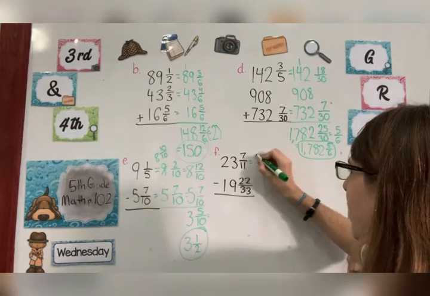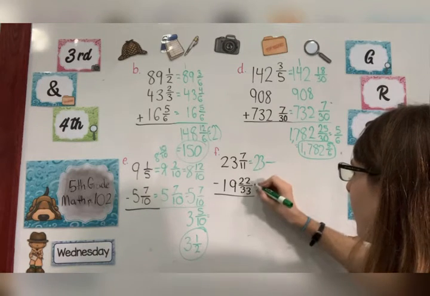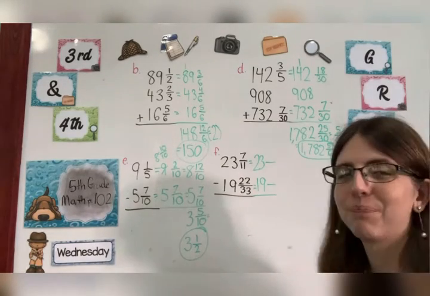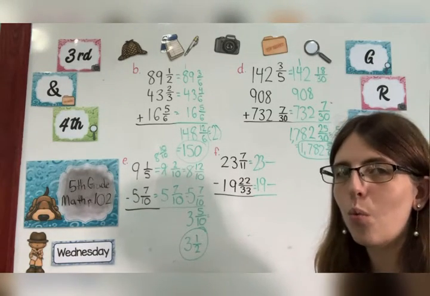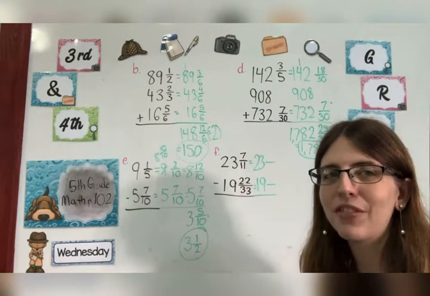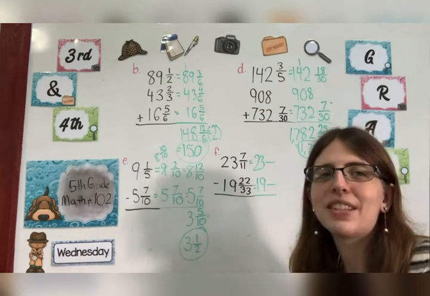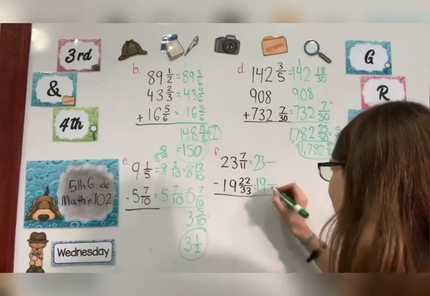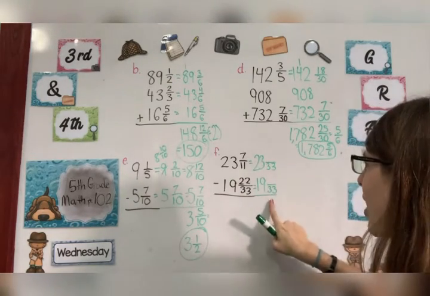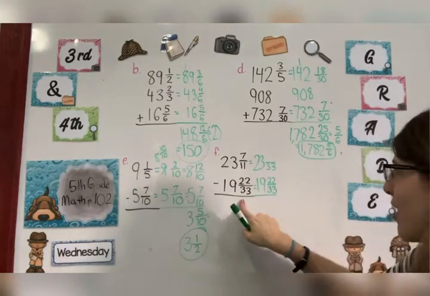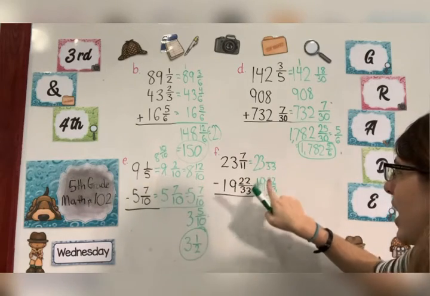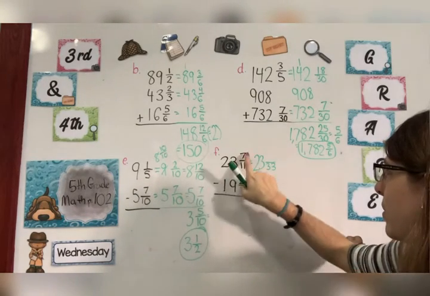First, I'm going to change it so that they have the same denominator. What would be the least common denominator for 11 and 33? Well, 33 is the first multiple of 33. Is it also a multiple of 11? Yes, because if I multiply 11 times 3, I get 33. My bottom fraction doesn't change because my denominator didn't change. But my top fraction, the denominator did, so my numerator needs to change. 33 divided by 11 is 3, times 7 is